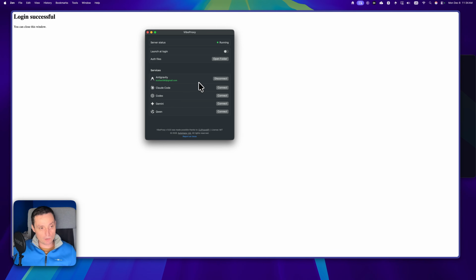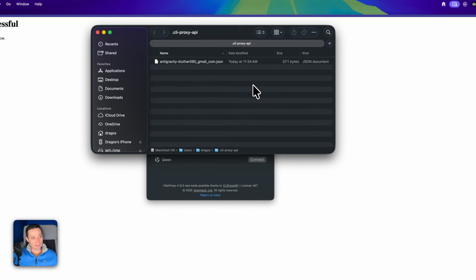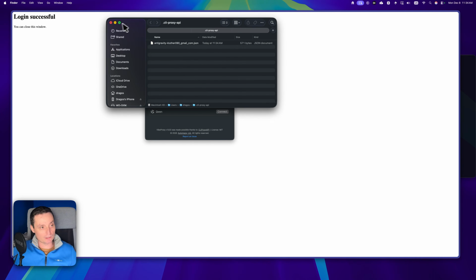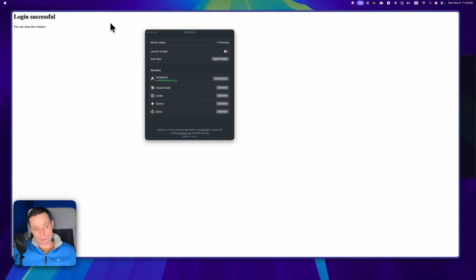So right now this is set up, and this is creating a file here that will be used for directing the request. And right now what we need to do is configure the CLI tool or VS Code extensions that we are using, and of course you can use multiple. So if you have accounts for all of these things, you can use all of them and configure your extensions. And for this I'm going to use the Factory AI Droid because I like it the most and I'm using it the most right now, but you can use this in any extension including AMP,